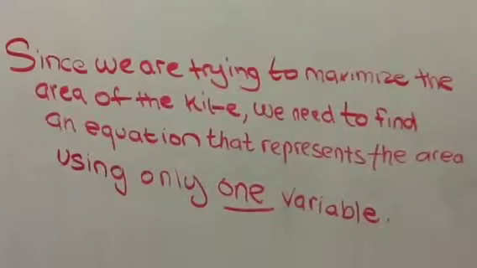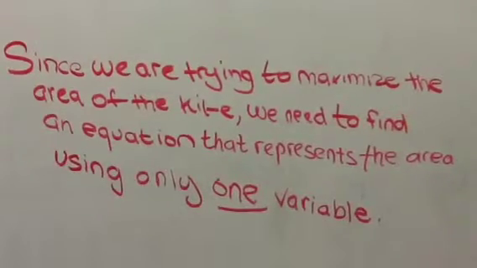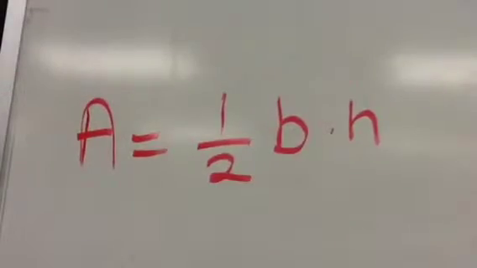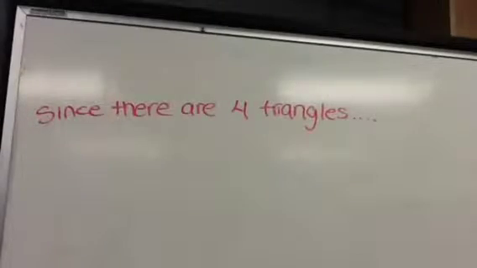Since we are trying to maximize the area of the kite, we need to find an equation that represents the area only using one variable. We know the equation for the area of a triangle. Since there are 4 triangles,